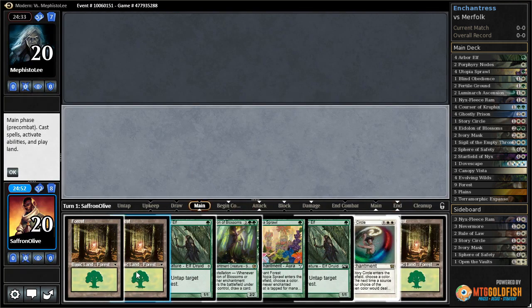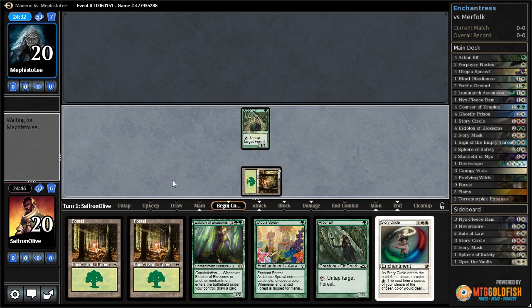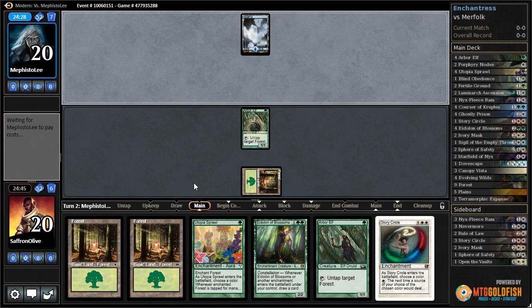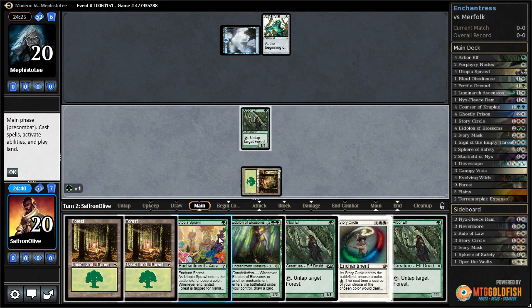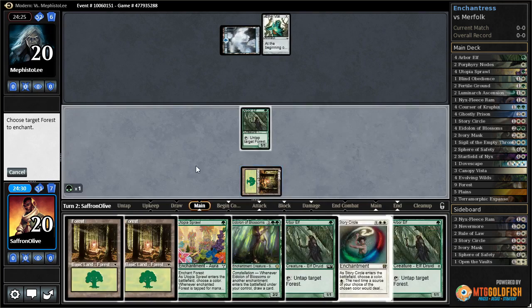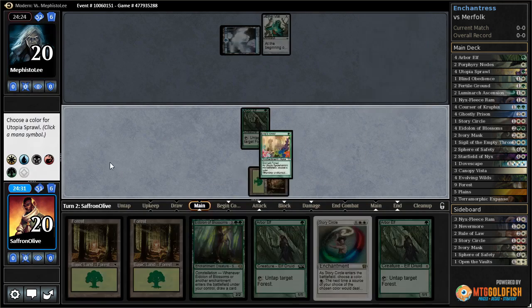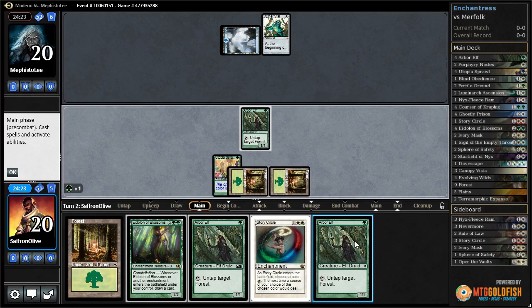Opponent passes. Alright, let's Forest and Arbor Elf. Pass the turn. Island. And, alright, looks like we're up against Merfolk, which means we're really going to want to find Sphere of Safeties and Ghostly Prisons. Those are our best cards. So that's Utopia Sprawl on white. Play a Forest, Arbor Elf,